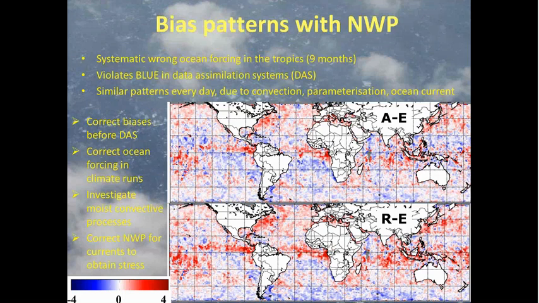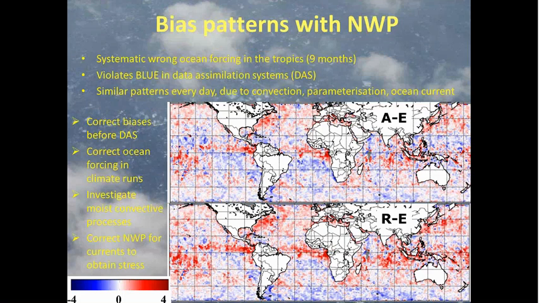And we start then by looking at the differences between the spectrometer winds and the numerical weather prediction model winds. At the top you see a map which is a collection of about 9 months of differences between ASCAT and ECMWF. And then at the bottom you see the same plot for the same points, but then a difference between RapidScat and ECMWF. So RapidScat was a pencil beam Ku band scatterometer, and ASCAT is a fan beam C band scatterometer. So in principle they are different instruments.